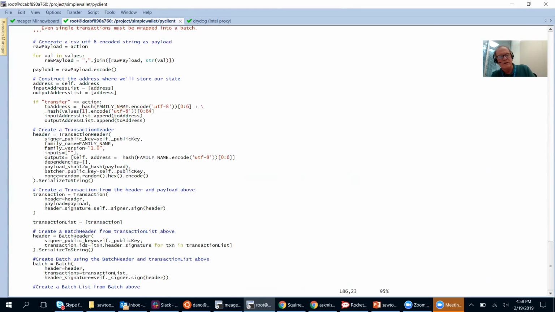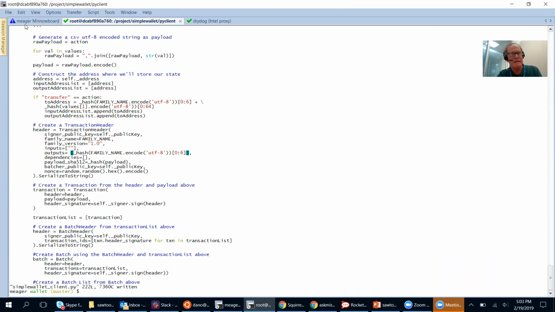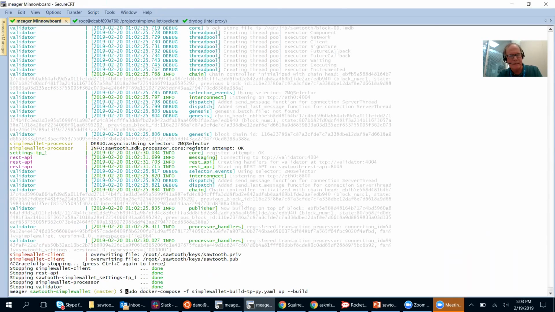If you really don't know your inputs and outputs, you could just set both of them to your family name, because a transaction processor in most cases would not need to write outside its address space. So yeah, okay, that should be better there. Yeah, forgot the comma there. Have to have the syntax right, to have the brackets right. Okay, I think it's right this time. Let's start it again